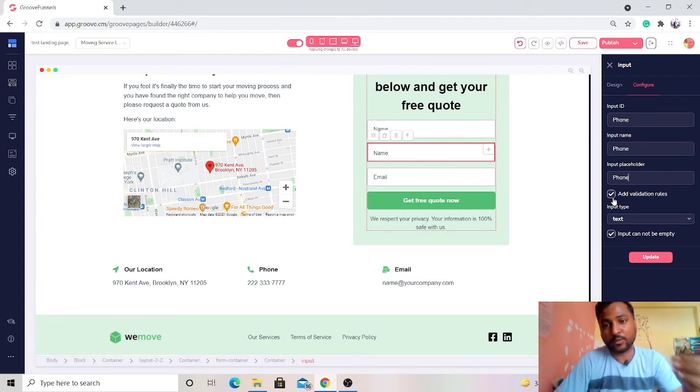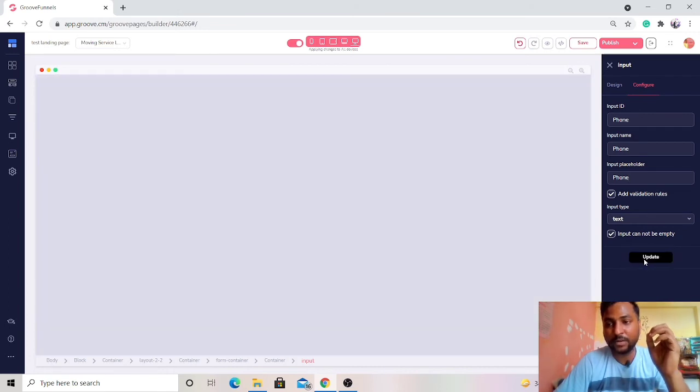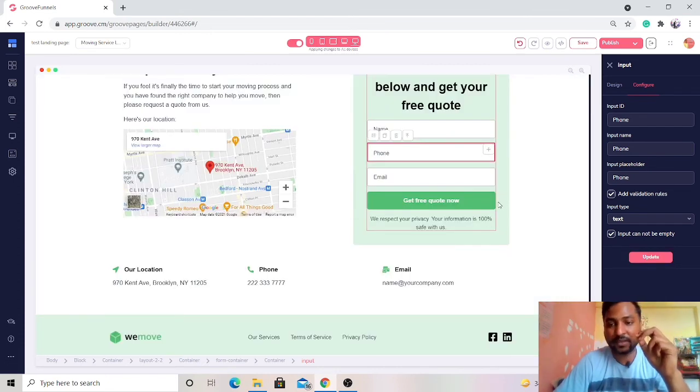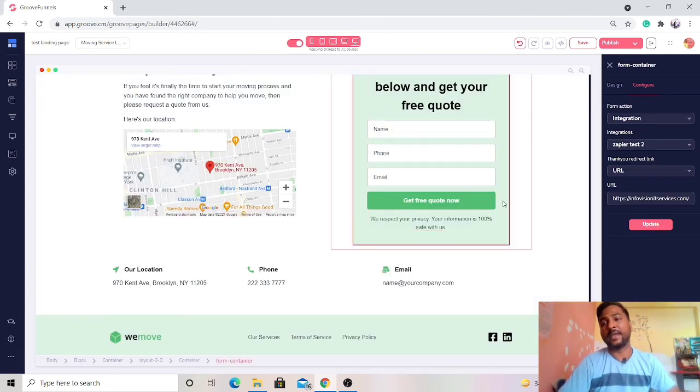Make sure if you want to validate the rule, like if this is necessary, you can do that as well. Input text area will be text and input cannot be empty. If you select this, then the client needs to fill this, so that will be important. Okay, if you update it, you can see that that particular option will be added to your form and it will be ready to make live.